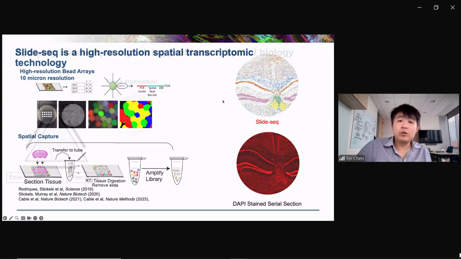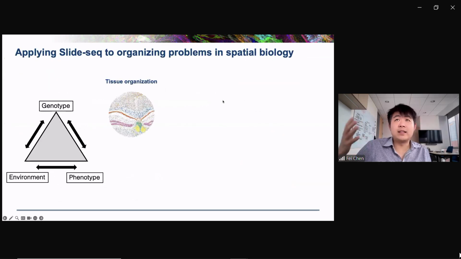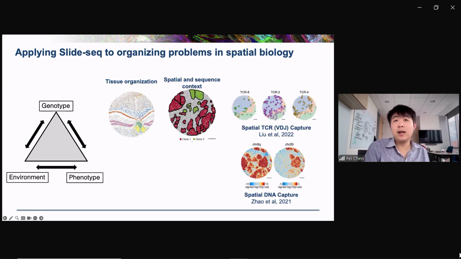But I told you that there were these different organizing problems of tissue composition, interactions, and differential expression as a function of interaction. So how do we study that? To do that, I think we need to define a cell's neighborhoods, or how molecularly defined cell types are organized inside of a tissue. And then we need to be able to define basically how does gene expression change as a function of that context.